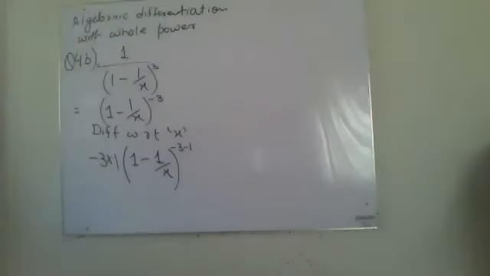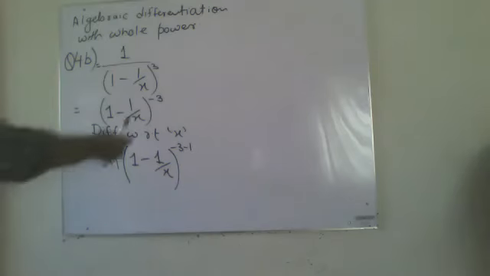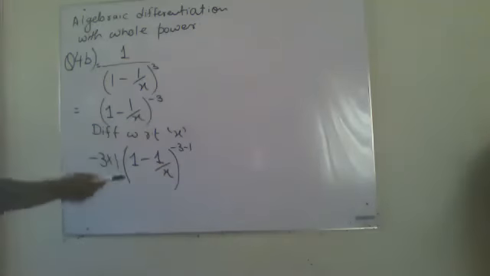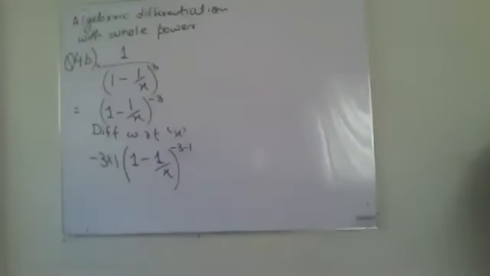When I'm working with whole power, you don't have to change anything which is inside the bracket. I'm repeating it again, beta. We will take the whole power, and the whole power of the bracket will be multiplied by the coefficient of bracket, and then the whole power will be reduced by 1. Whatever is written inside the bracket, that will remain same. We will have no change in that.